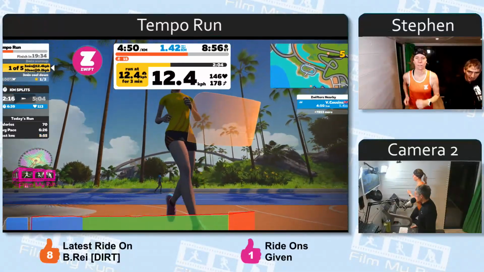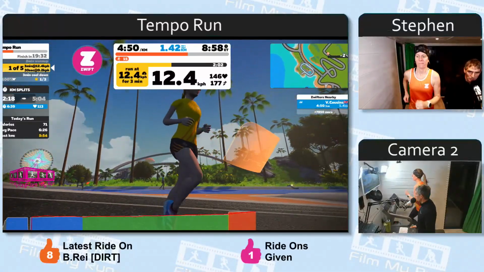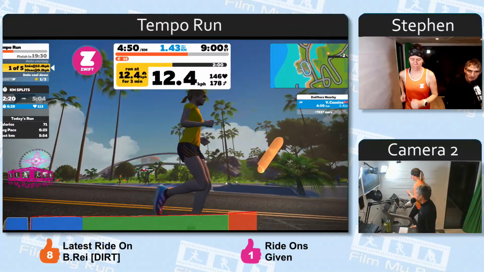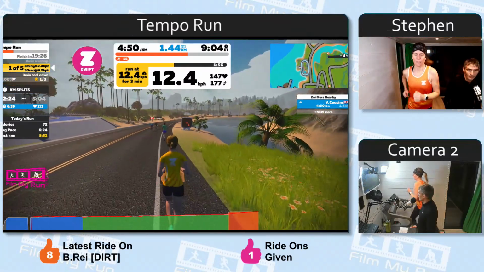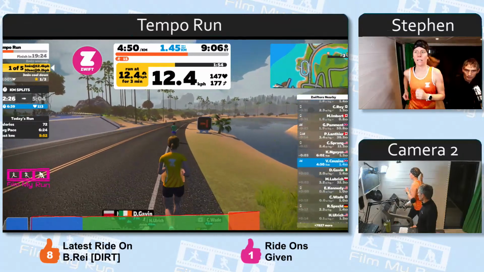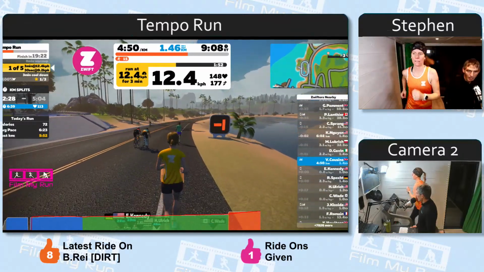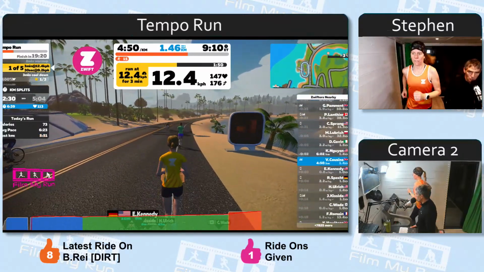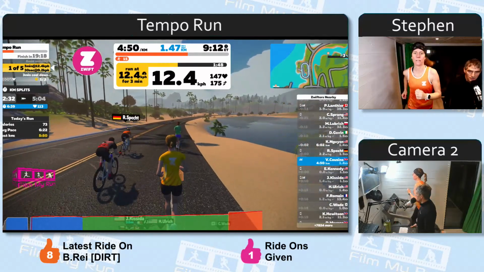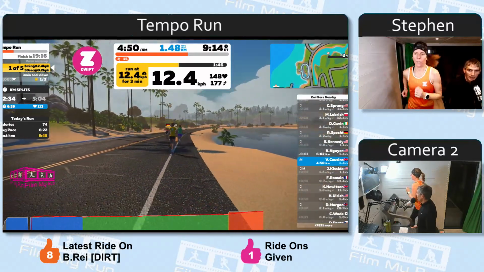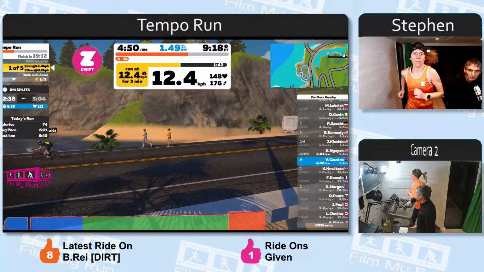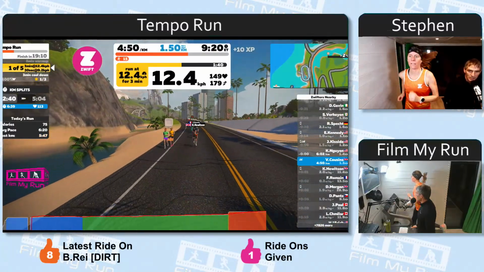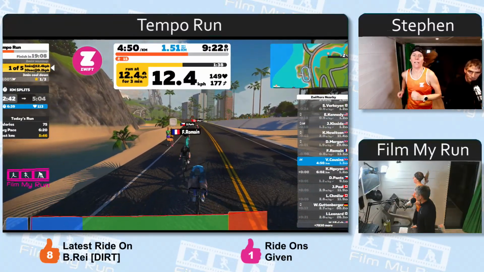And there we go, off the track, look. So we're off the track and onto the roads. Victoria, by the way, as you can see, is wearing her new Zwift Run Academy yellow top and her Adidas Adizero running shoes. We can't afford to buy any in real life at the moment.